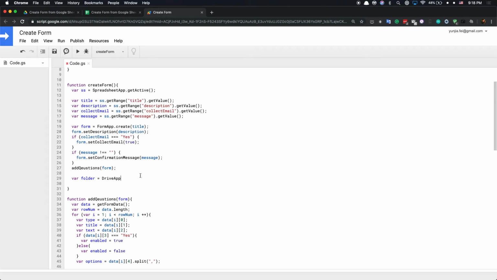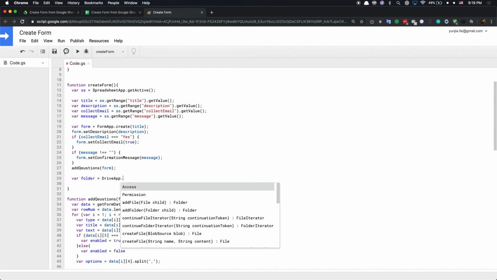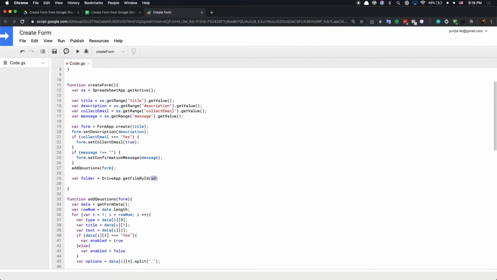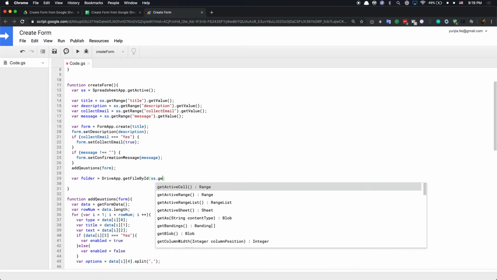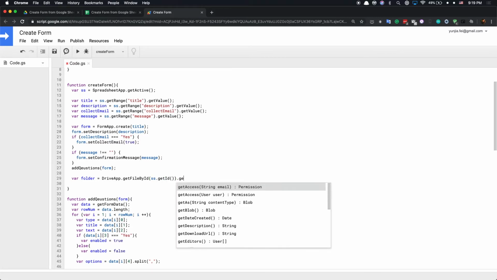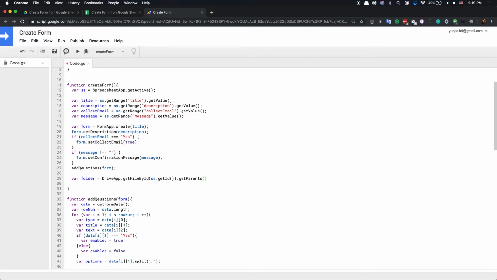So folder will be get file by ID. The ID will be ss.getId, and we're going to get a parent folder. Get parents. So next, the next is the folder. So this is the folder I'm going to put this file in, and the folder.addFile. File will be